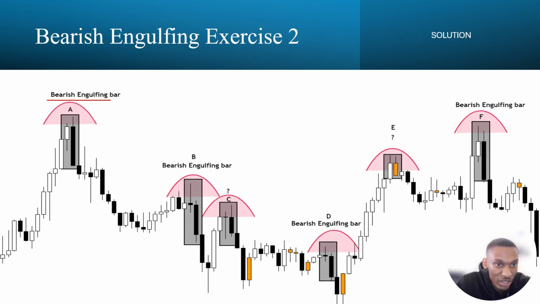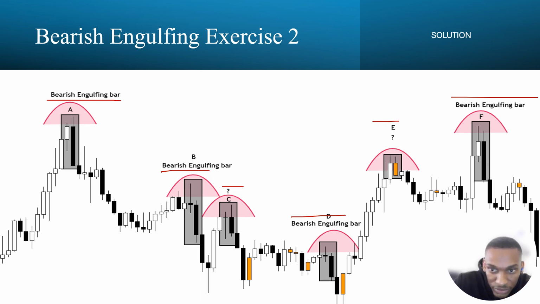A is a bearish engulfing bar, B is also, C is not. I'll explain why. D it is, E is not, and then F it is. But at least 3 conditions have to be met. Let's see which ones managed to meet all 4, and which ones only met 3. From what I can see here,